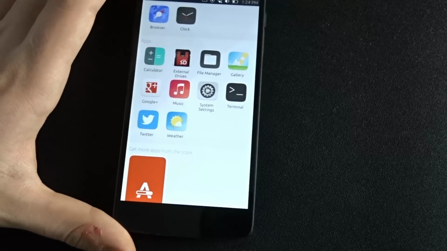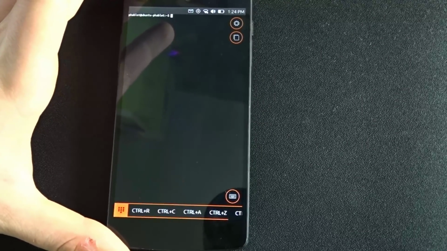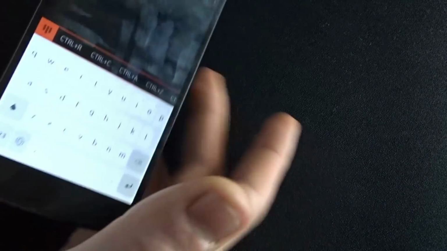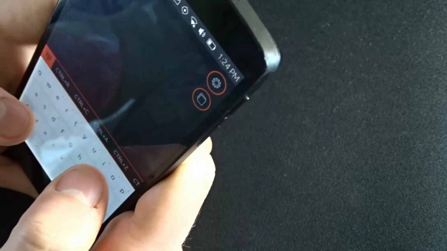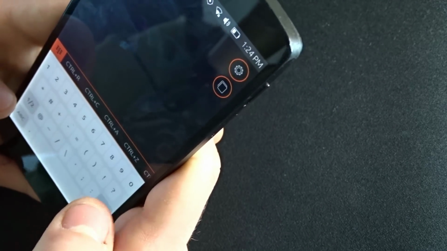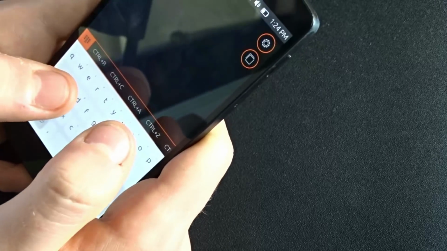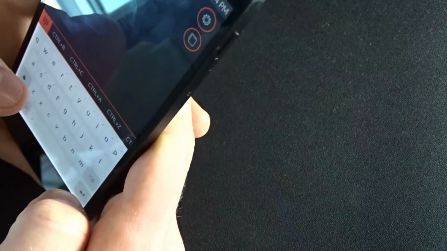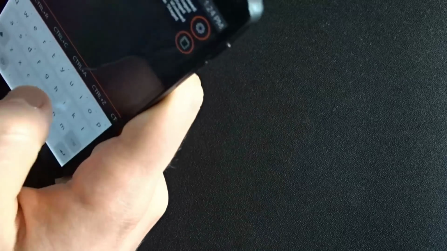Now, I know this is a 5-inch screen, but with a little trick in the terminal, you can actually run the desktop mode of Unity 8. So to do this, you have to find the real command because I don't quite remember it right. It was something like gsettings. There we go. You have to write gsettings